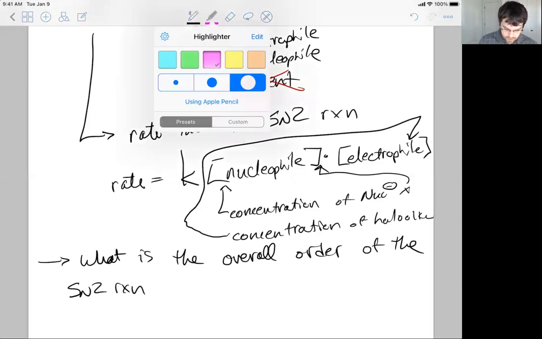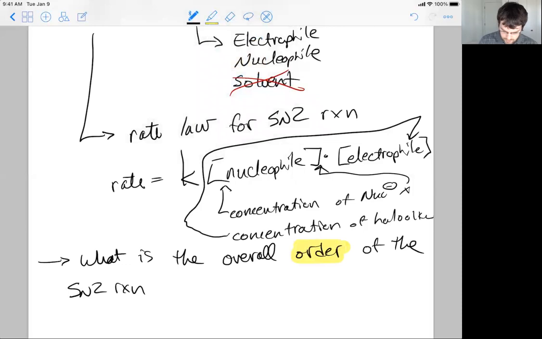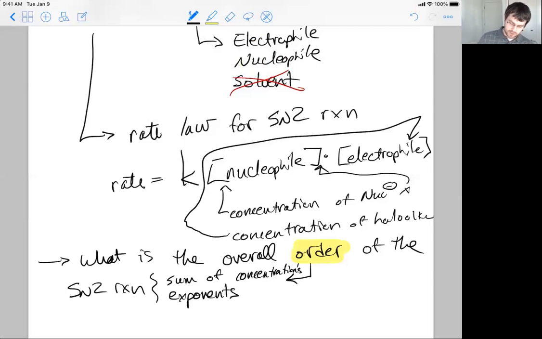Well, the order is the sum of the concentrations' exponents. Well, there aren't any exponents. Rate equals k times the concentration of nuke. There's no exponent though. Well, there is. That exponent is 1